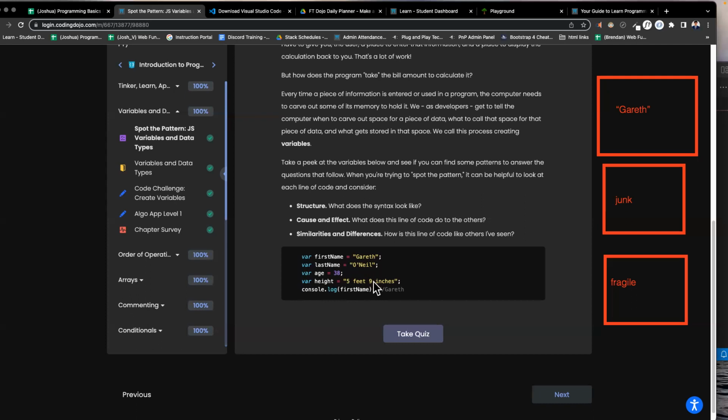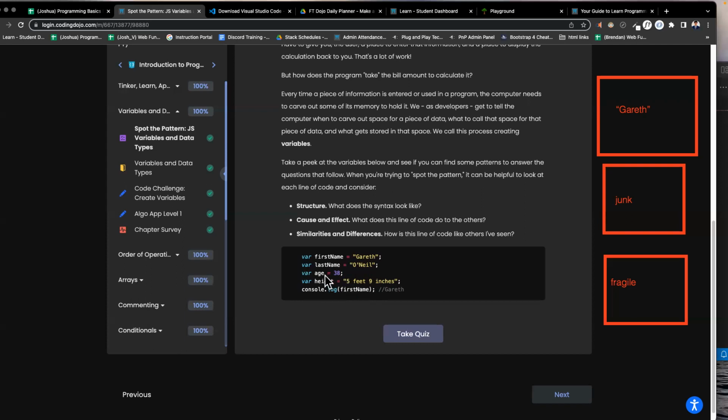Even though there are spaces in between each of the numbers and words in here, the space is part of the string, okay? And it doesn't matter that it has a number in it. If it's within quotations, it's going to be considered a string, okay? So we want to understand the difference between a number and a string, and that a